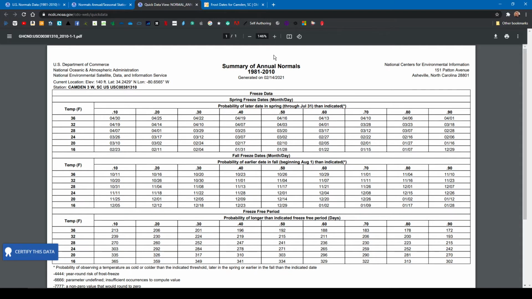Okay, so what are we looking at on this page? We got some generic description of what this page is telling us. U.S. Department of Commerce, NOAA. It's got the current elevation of the station, where it is, so going through the headers here, freeze dates, spring freeze dates. Okay, so now here's the first place where it's really talking about stuff that we want to know,